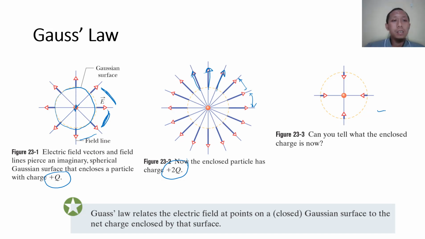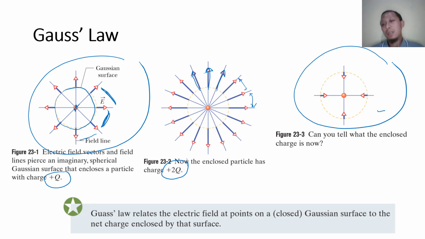So if this is the positive q, what is this one? This is a minus, and this is 4, and this is 1, 2, 3, 4, 5, 6, 7, 8. So this is half of the positive q, so half of q like this one. Okay,